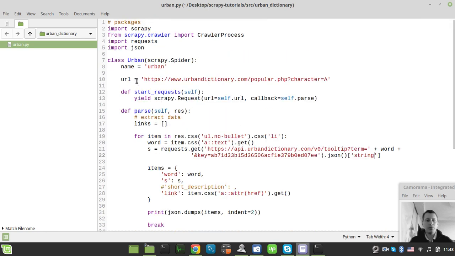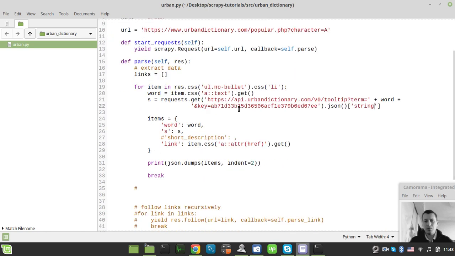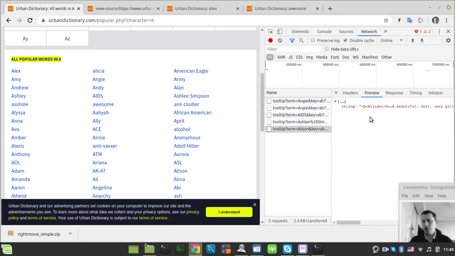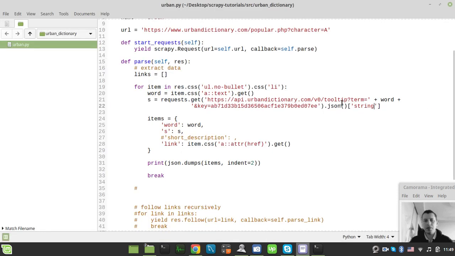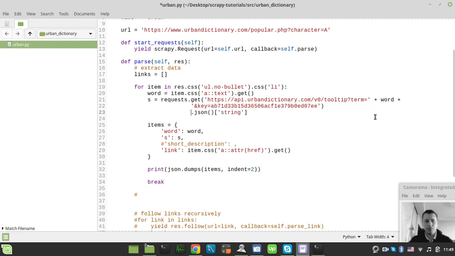Should I import BeautifulSoup? Because I don't want to deal with the Scrapy selectors in this particular case. Okay, so it seems like only this B tag, so we can just simply try to replace that, and okay, so just simply say .json string